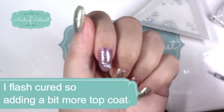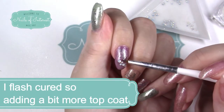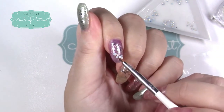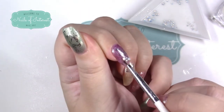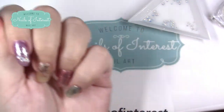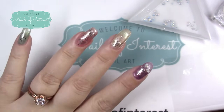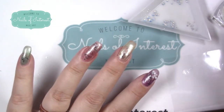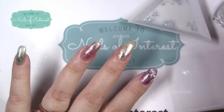And remembered I wanted to put caviar beads in. So now I'm just going to put a little bit of top coat around. Someone had asked me how I do my caviar beads. Well, here's another way. Sometimes if you just want a random pattern, you can just drop them into